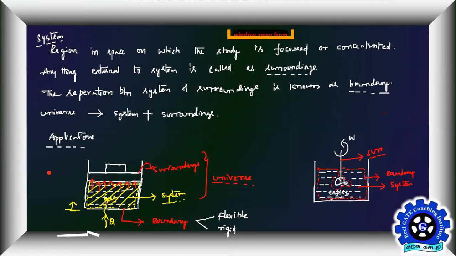In reality, this stirrer will be connected to a motor. You switch on the electrical energy, so that electrical energy will try to rotate the stirrer with some kind of RPM by supplying some kind of power input, and that stirrer will rotate and make your fluids mix.